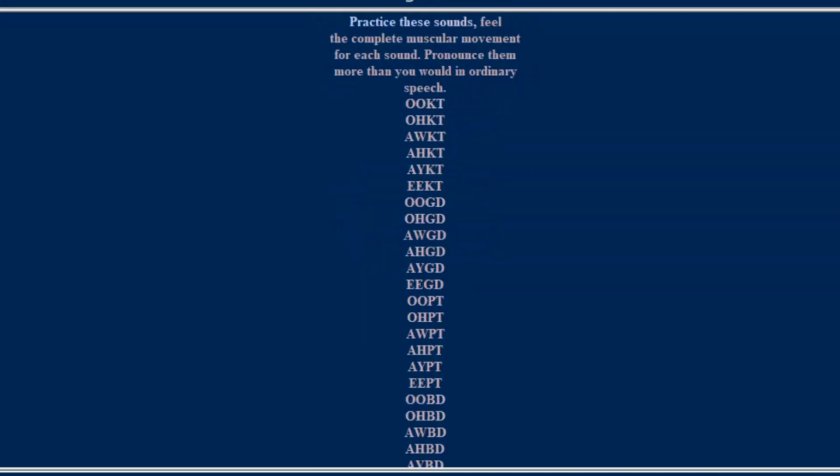Practice these sounds. Feel the complete muscular movement of each sound. Pronounce them more than you would in ordinary speech. First sound. Ooked,